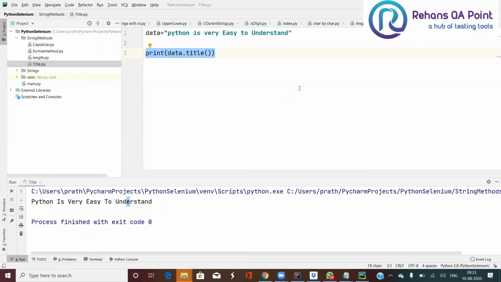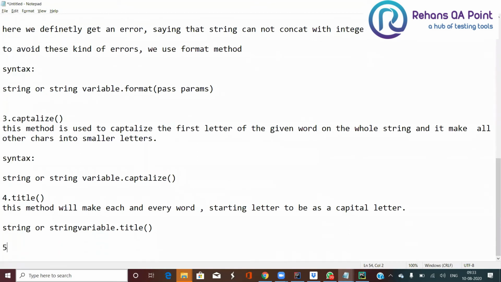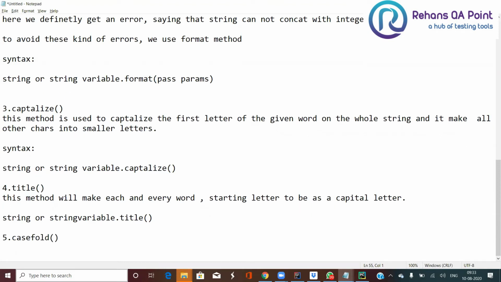Now let us see the next method, the fifth method called casefold. This method is used to convert the whole string into smaller cases.